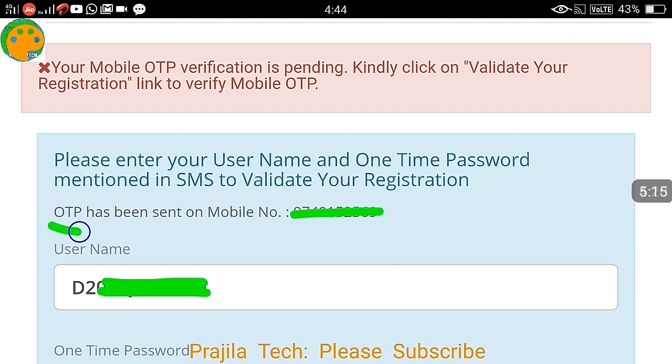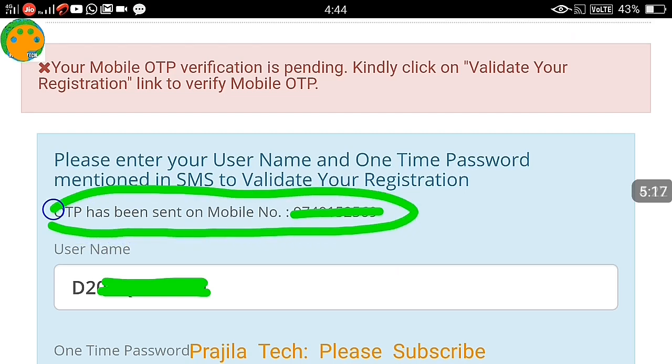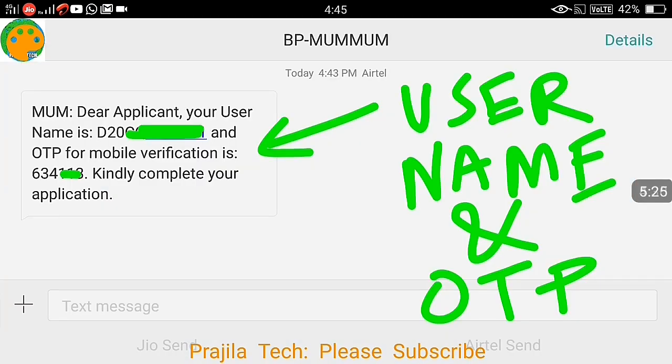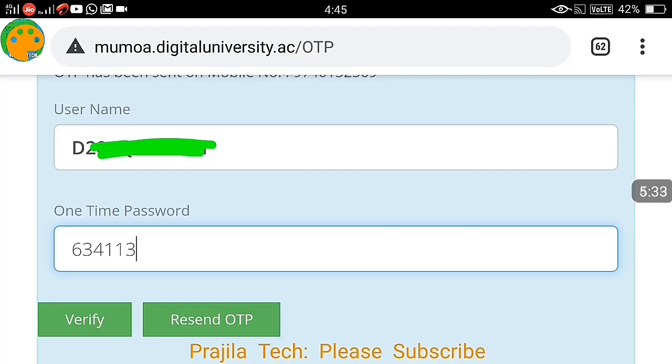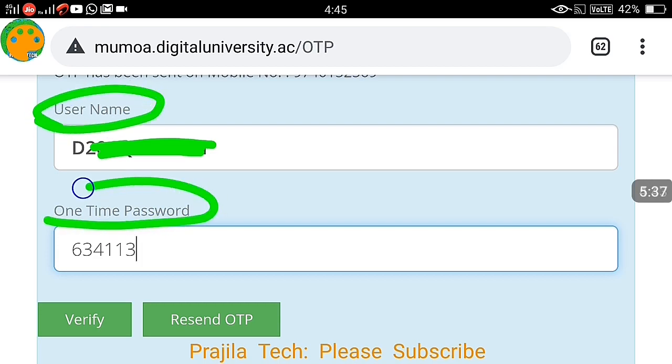So my registration is success. OTP has been sent to my mobile number which I just registered. Your OTP verification is pending, it is written here, that's why a red mark. My username is displayed, but I will get an SMS like this. You should have got an SMS with this username and OTP. Both are there. So remember, next time onwards your username is also SMSed to you. This is the username, and one time password you can pick from the SMS you received and enter it and